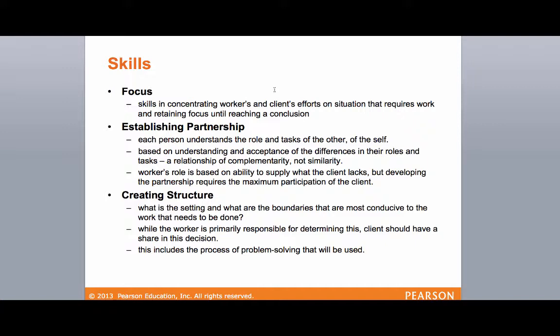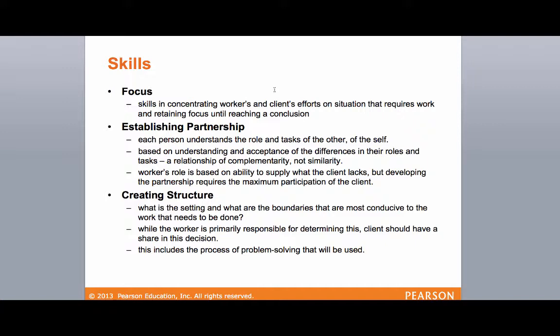Partnership. Establishing a partnership is another basic social work skill. This is a partnership where there's an understanding and acceptance of the differences in roles and tasks. It isn't so much about being similar to another person, but about a relationship where you complete each other, where complementary, with an E, means complete. And so these roles and tasks are the result of a relationship of complementarity, where